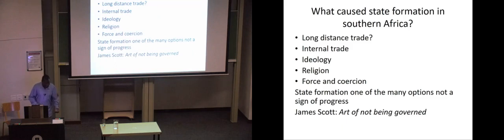One of the things that I deliberately did was to avoid talking about what caused the state formation in Southern Africa. Because I simply went to say, well, this is the Leopard's Kopje and this is Mapungubwe, but what are the causes? What stimulated state formation in Southern Africa? And I will use this as an anchor to then explain why I believe that perhaps in Southern Africa we are looking at a situation where we have multiple centers where state formation developed and those people were interacting